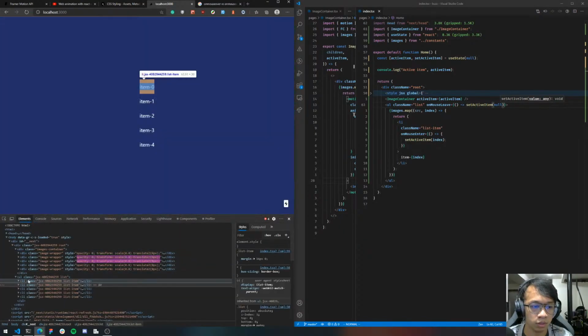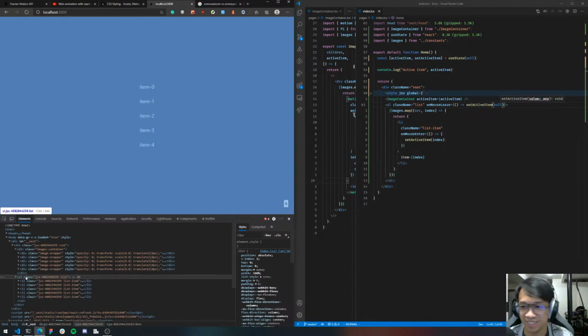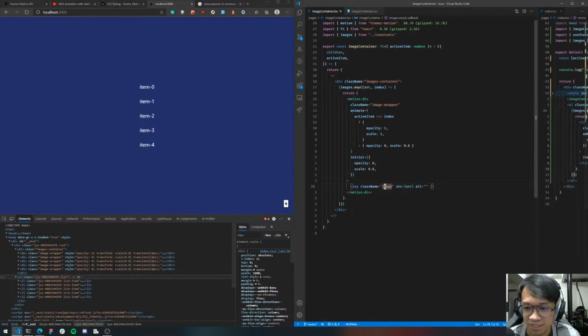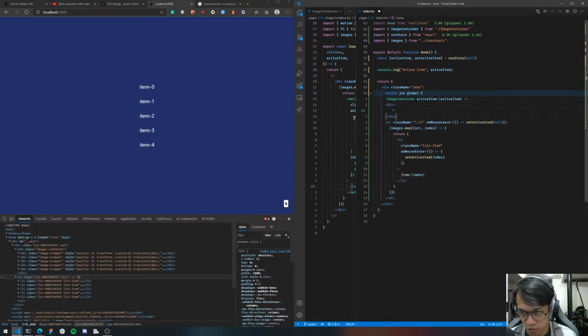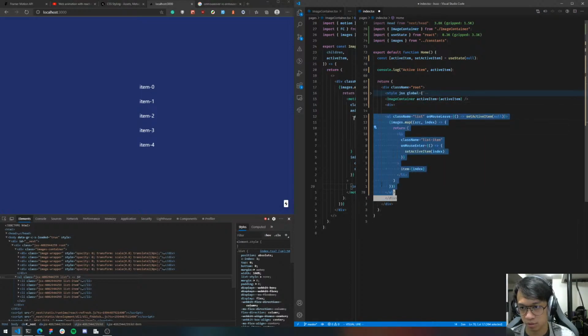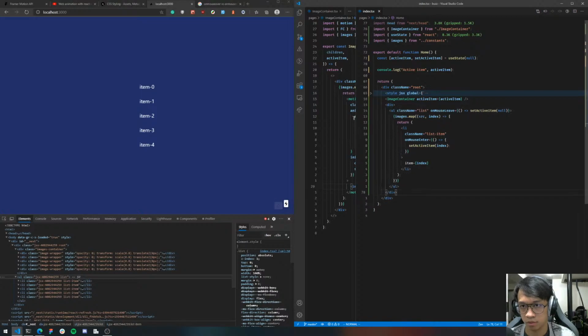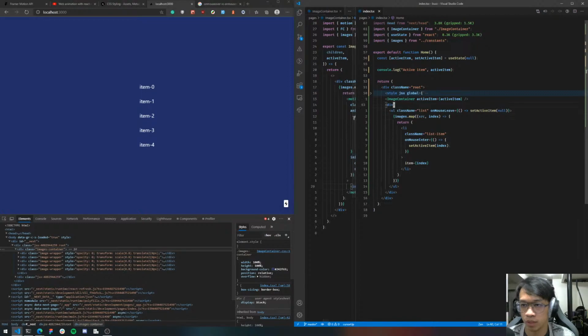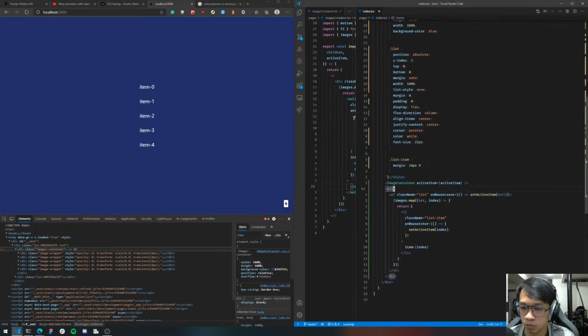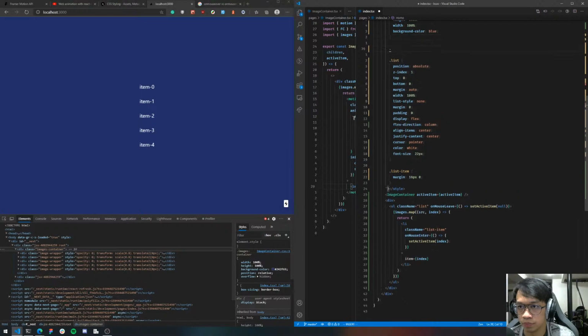Problem is the UL is actually very big. Okay, let's fix that. I need to add a containing element. And then the containing element is supposed to be the one that aligns the UL, but the UL remains a very small box in the center. So let's add